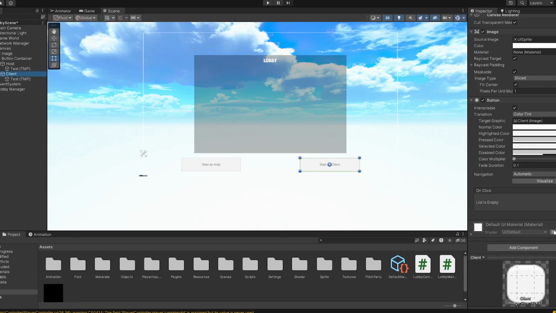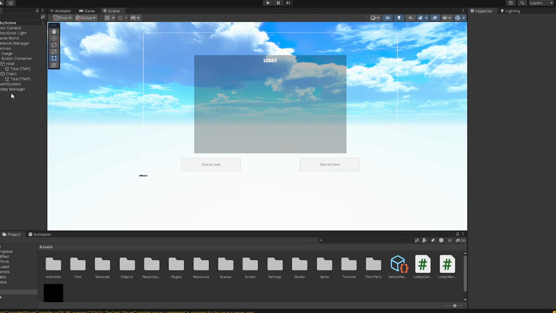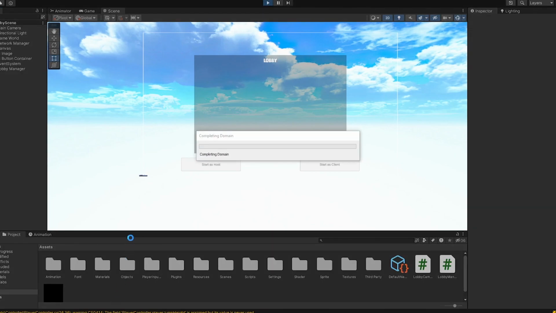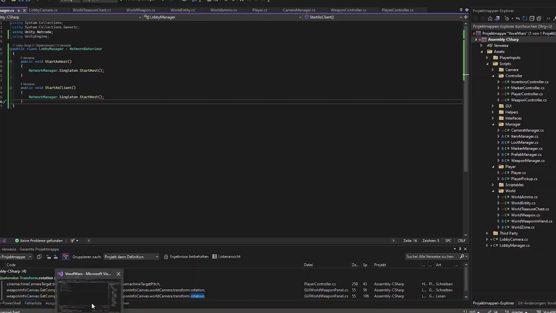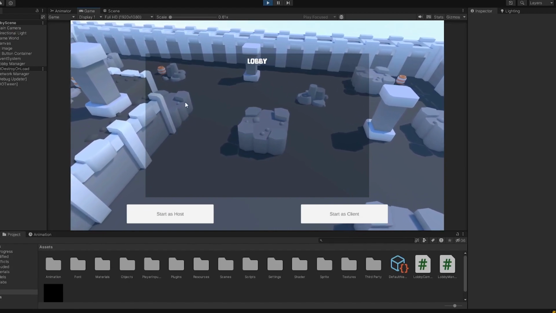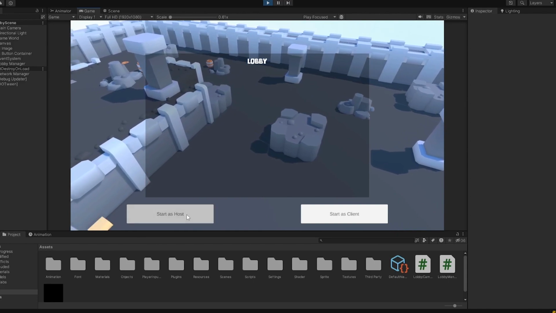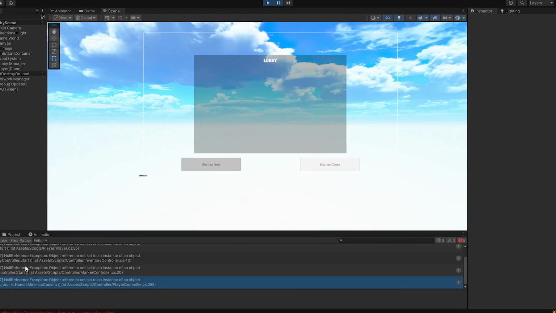We just go to the list here, add the lobby manager, and then just select the function start as client. So pretty cool. And then we just want to see if this is working. So you see this map in the background, and I really love it. And then I just click on start as host, and we get our first